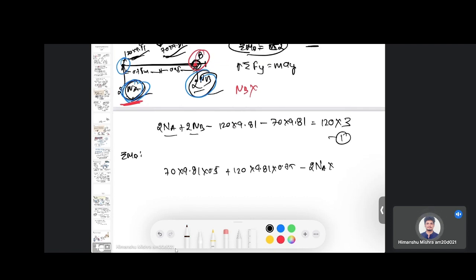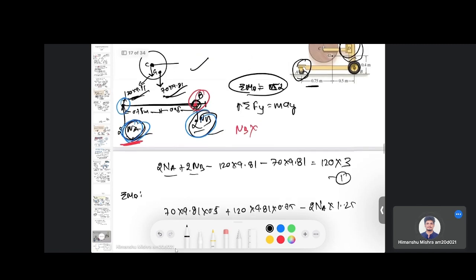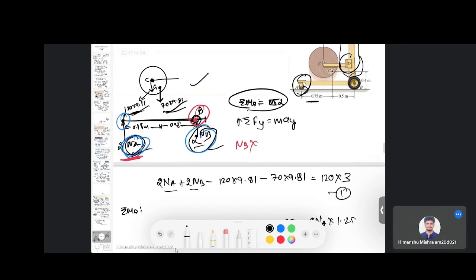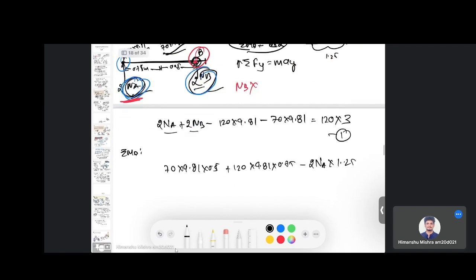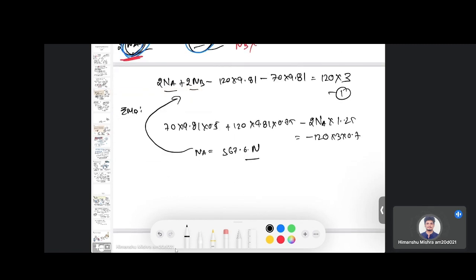2NA multiplied by 1.25, which is 0.75 plus 0.5, equal to mass 120 times 3 times 1.7. So here you will get NA as 567.6 Newton, and when you substitute NA here you will have only one unknown, which is NB. So you will get NB, which is 544